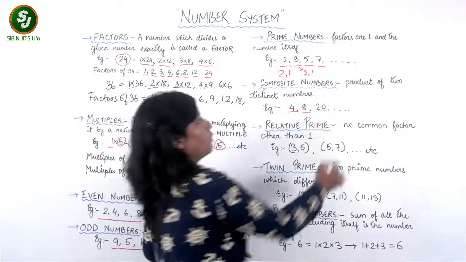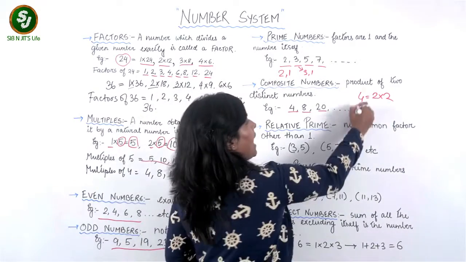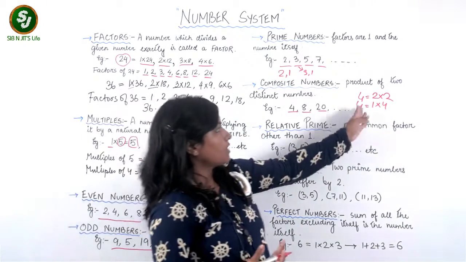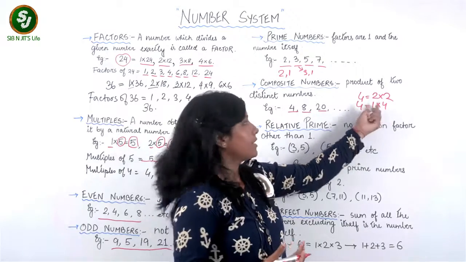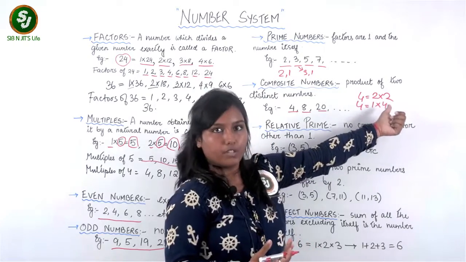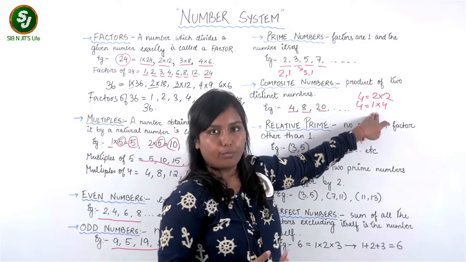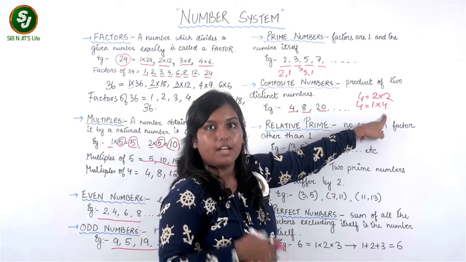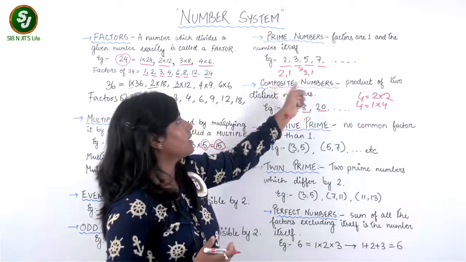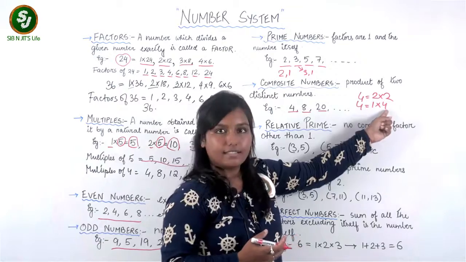Suppose I say 4. When do you get 4? If you multiply 2 into 2, we get a 4. And 1 into 4 is also 4. Now you see 1 and the number itself is present only in this case. But you can also get 4 when you multiply 2 into 2. Okay? So 2 and 2 are two distinct numbers also. So hence the factors of 4 are not only 1 and the number itself, but besides that we have an extra factor also, which is 2. So such cases fall in the category of composite numbers, where factors are 1, the number itself and some other